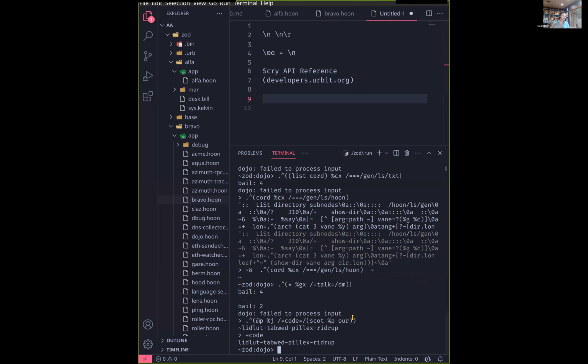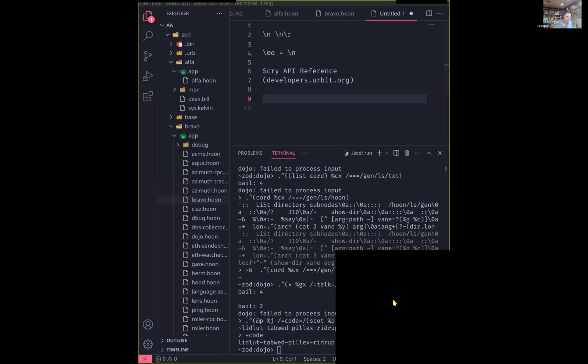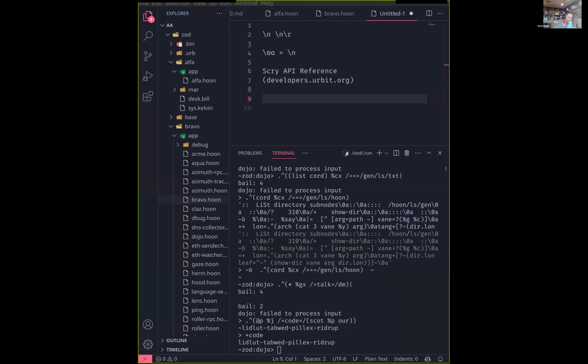So I would have to type lidlet-tampled-pilex-ridrup. This is the default Zod code. Anytime you start a fake Zod, it's going to have the same login code. This is it, so you'll always see this value there. Get this out of the way. You don't need the sig at front. So actually, if we cat,